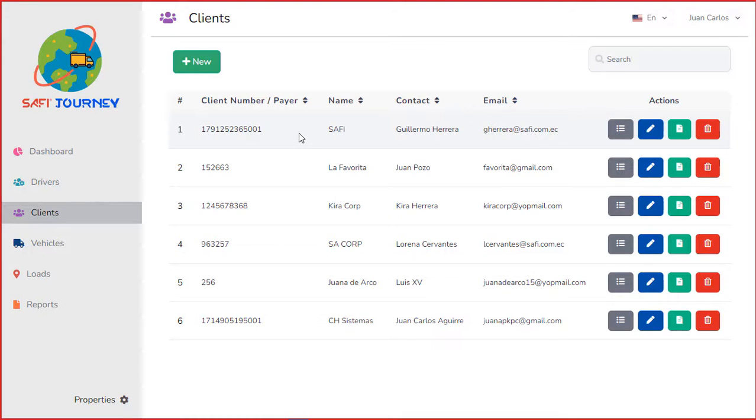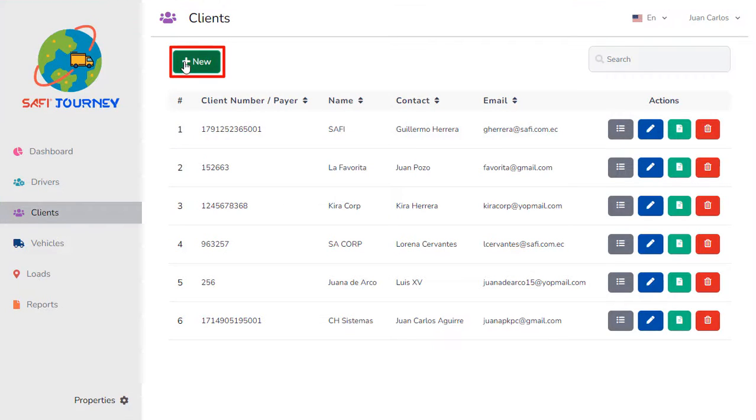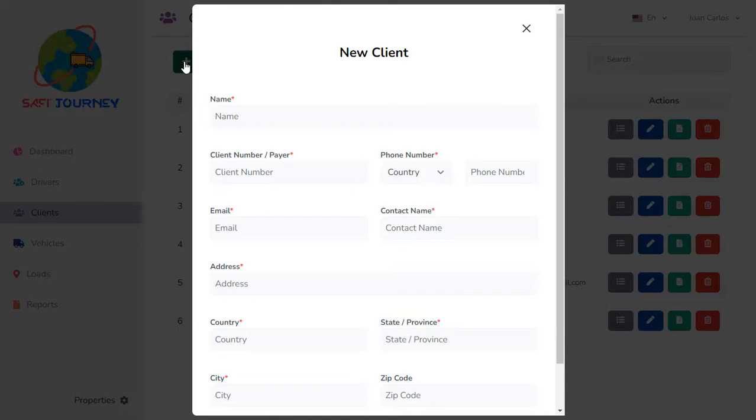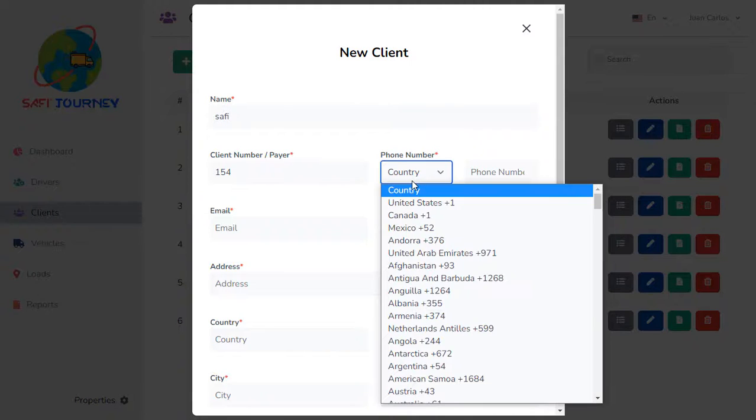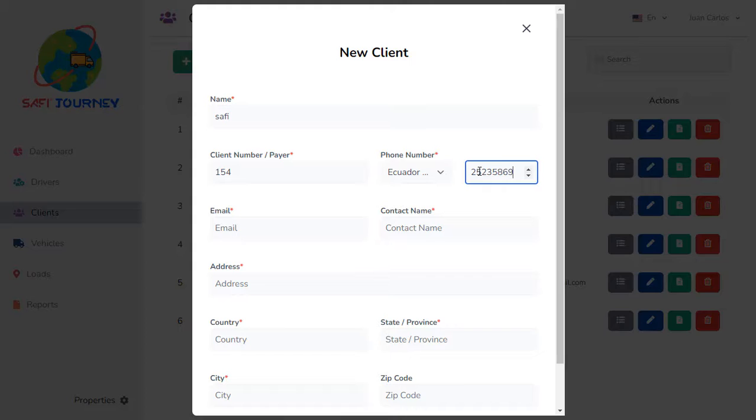In the New button, you can enter a new client in the app. Once you click, you have the following fields: name, client number, phone number, email, a contact name,